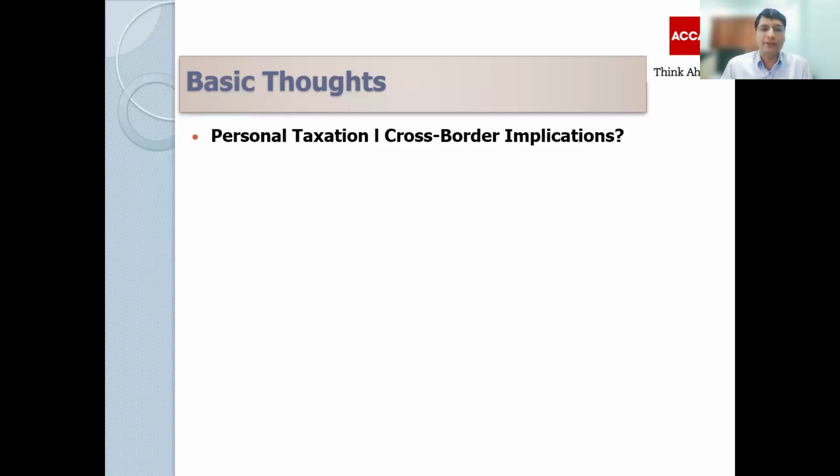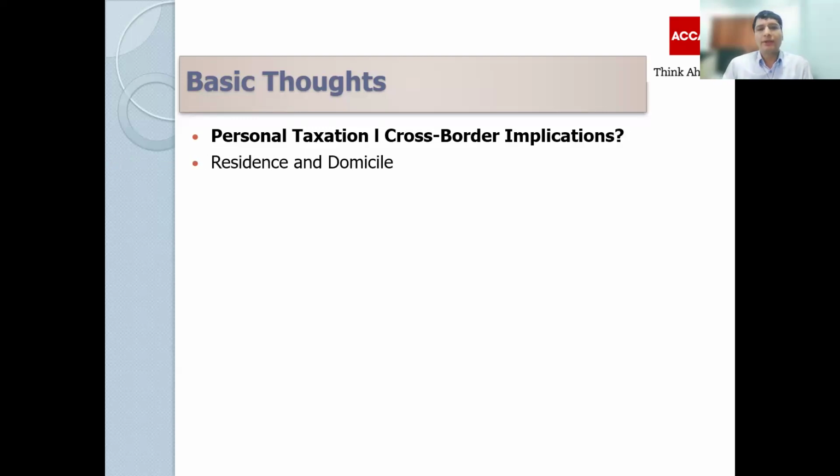What I mean by that is when someone has income in more than one country, for example, the UK and another country, what may be the tax implications in the UK? The personal income tax, capital gains tax, and inheritance tax. So we'll be looking at it from the perspective of someone being resident in the UK and having income, gain or assets in another country, as well as someone not resident and still having income, assets, and gain in another country as well as the UK.